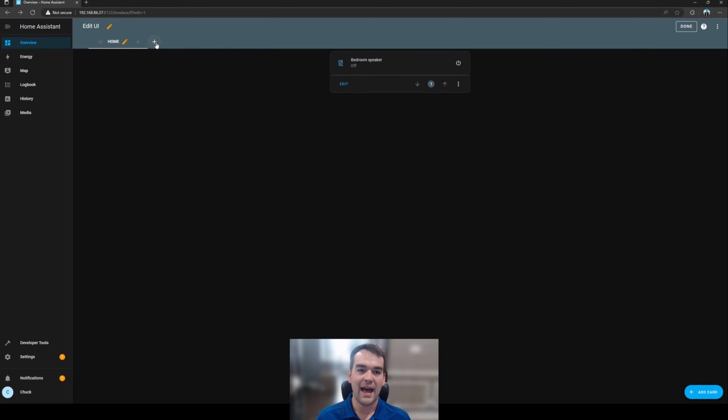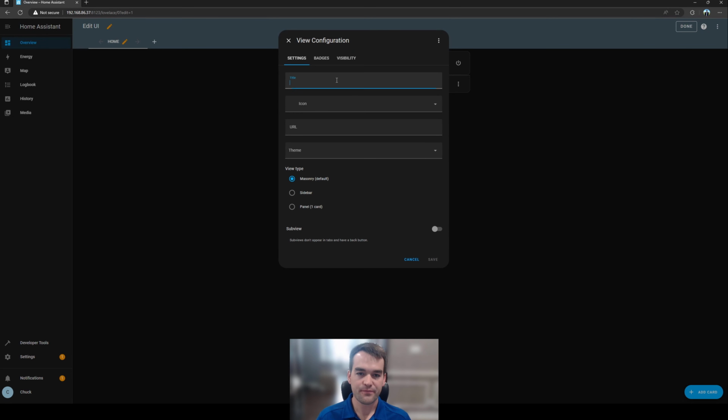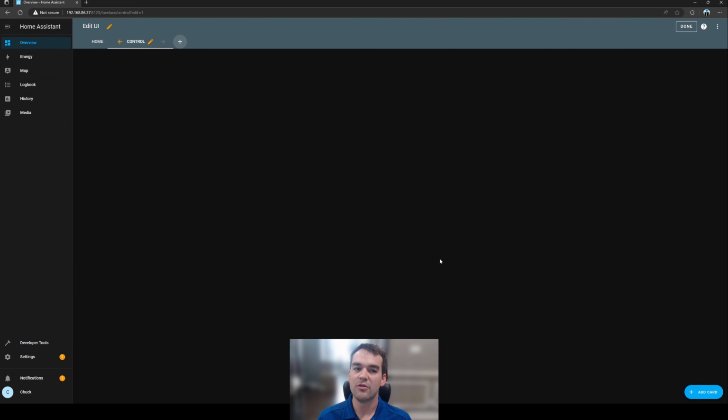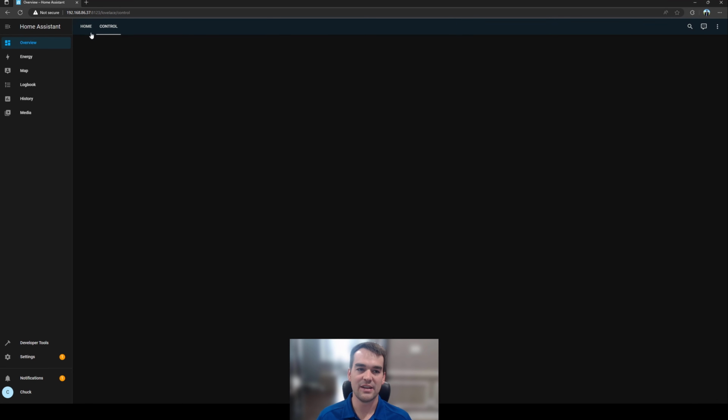But you can go up here and add a view with this plus button, and you can make it whatever you want. I often have a control page for switches that I don't use that often and don't have automated, such as my grill that's on a smart switch, but I don't need to see that every day. So when you switch between the two, you'll get a different layout,